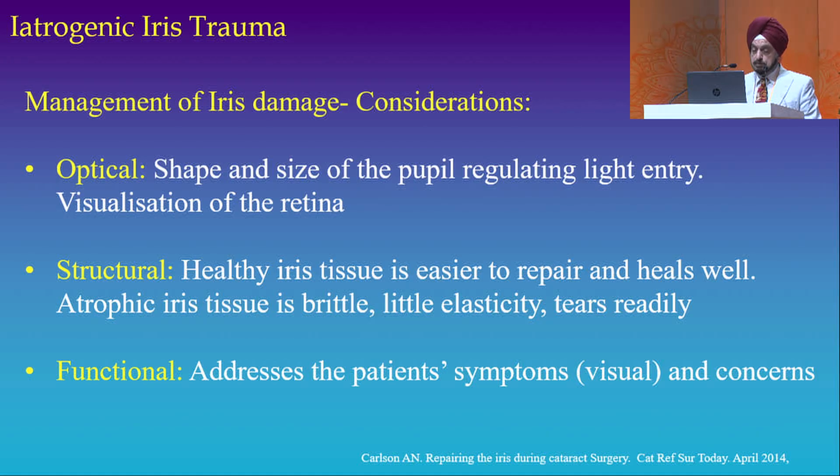And at the same time, visualization of the retina. The question was raised, will it be good enough to see the retina if you want to in the future? Structural: if you're dealing with healthy iris tissue and dealing with atrophic iris tissue, the strategy to manipulate that will be different, because atrophic iris tissue is not as elastic, doesn't stretch, and when you try to approximate, it will tear or the sutures will cheese wire through it, causing more damage